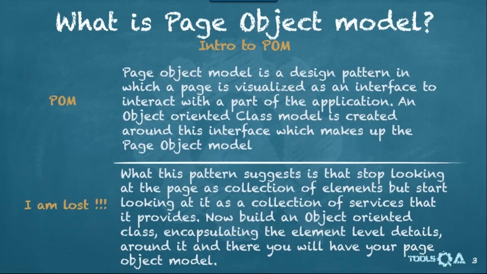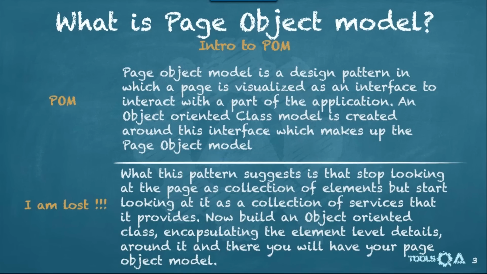Now, once you have visualized your module as an interface to interact with the application, all you have to do is create an object-oriented class around that interface, and there you go, you will get your page object model. Right now the definition is theoretical, that's fine, but soon we will see how this theoretical definition will convert into actual code. So this is the definition, and if you are lost at this point in time,